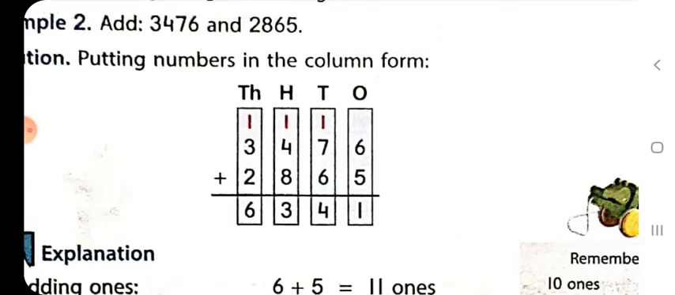And now we have to add all the digits at the tens place, that is 1, 7 and 6. If we add these 3, what will be the answer? The answer will be 14. So 4 is here and 1 is taken to the next place value, that is hundreds. Now at the hundreds place we will add 1, 4 and 8, and the answer will be 13. So 3 is here at the hundreds place and 1 is taken to the next place value,